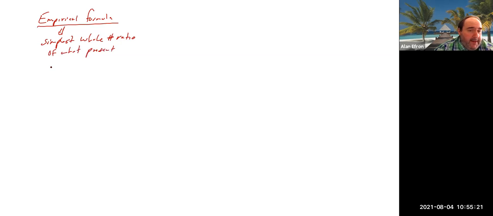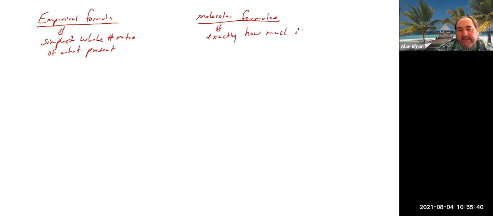Remember that the empirical formula is the simplest whole number ratio of what's present, while the molecular formula tells us exactly how much is present